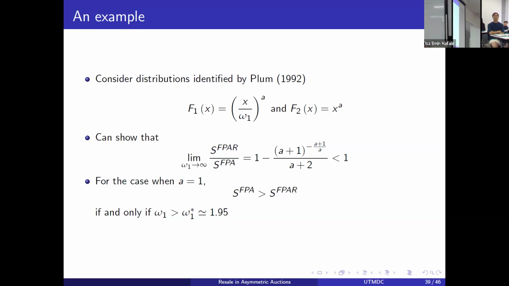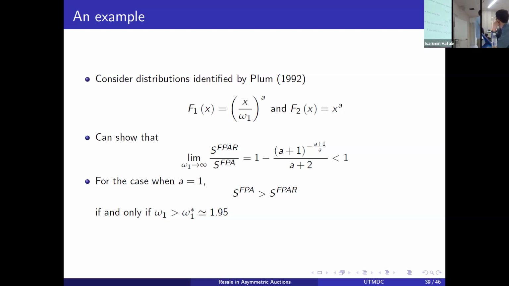So basically, this gives you some kind of characterization. And for instance, if you take A equal to 1, which is uniform distribution, it turns out that the surplus under first price auction with resale is smaller than the surplus under first price auction without resale if and only if W1 is smaller than an amount which is approximately 2, so 1.95. So what does this analytical result mean? It means that